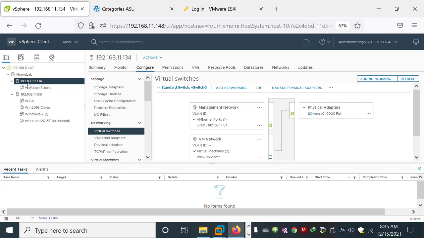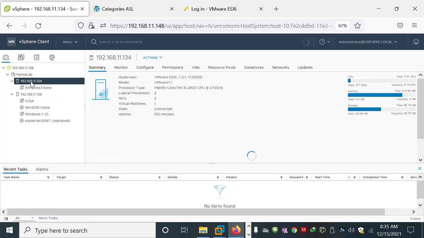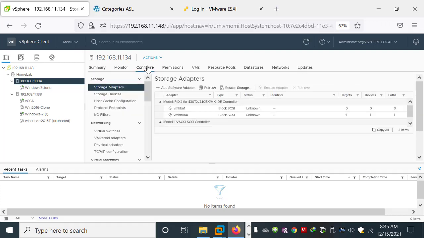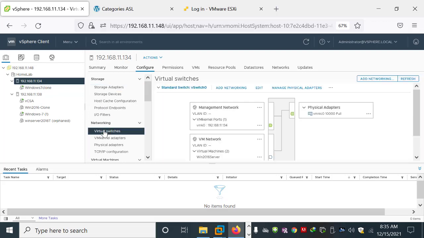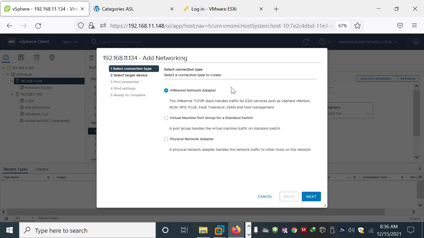You just need to click on the host and then click on Configure, and in Configure you have a networking section in which you choose virtual switches, and here you can click on Add Networking. As you click on it, there are many options: VMkernel port, VMkernel network adapter. Don't select this one. Select the virtual machine port group for a standard switch.